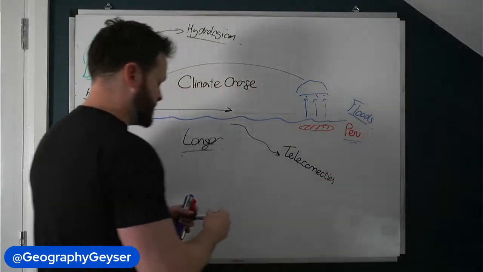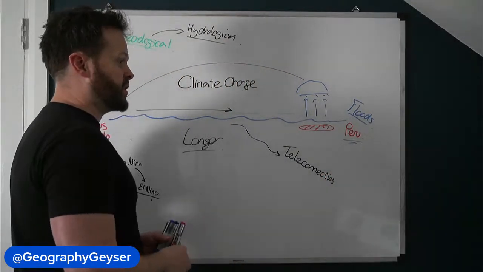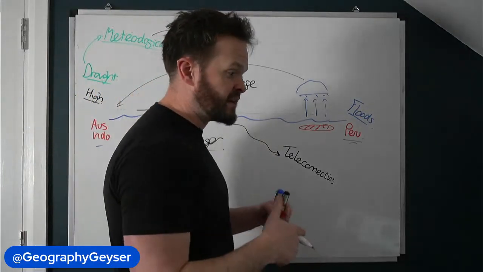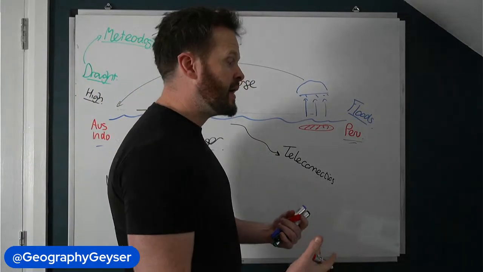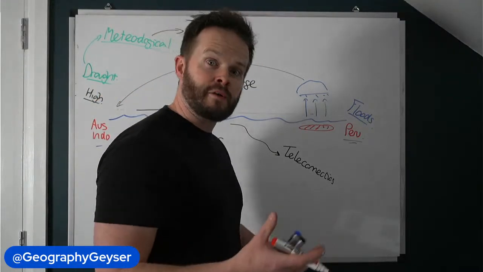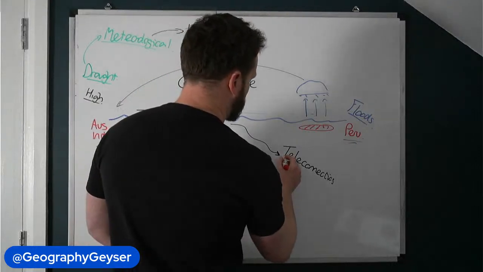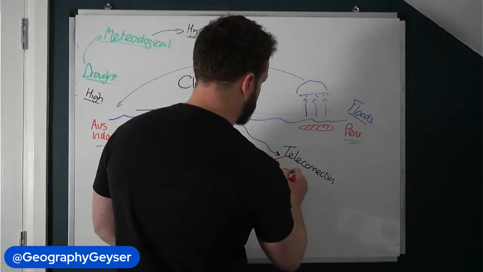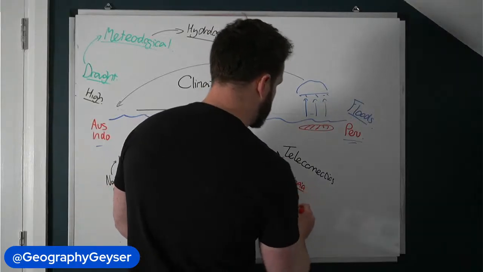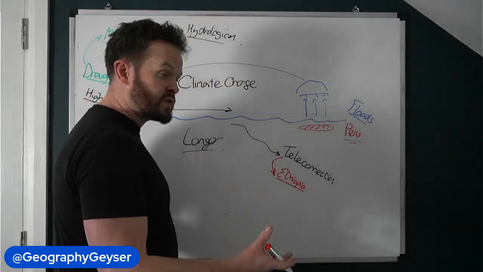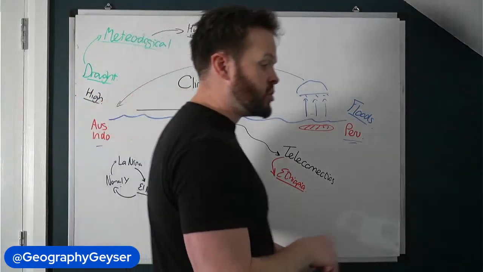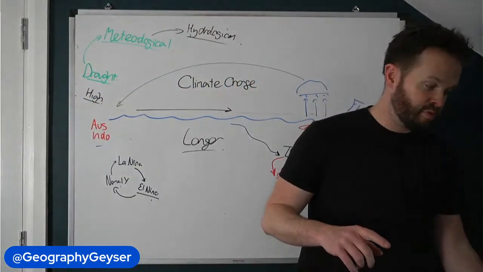Some classic examples of teleconnections are how an El Nino year affects storms in the US. It's how it affects your seasonal rainfalls in some African countries as well. So one of your classic teleconnections examples is how in an El Nino year, it can often lead to drought and famine in places like Ethiopia. And it's because of the knock-on effects of air pressure.